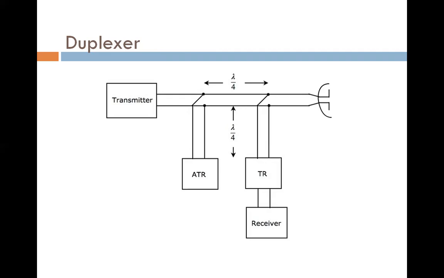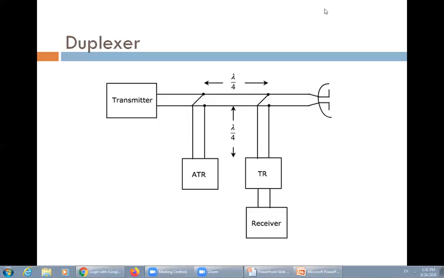When the transmitter produces an RF impulse, both switches become short circuit. The short circuit can be produced either with the help of the presence of the pulse or using an external synchronized bias change. The ATR switch reflects an open circuit across the main waveguide through the quarter wave transmission line section. The TR switch also does the same job for the same reason. Therefore, neither of them affects the transmission. Short circuiting the TR switch prevents RF power from entering the receiver. At the termination of the transmitted pulse, both switches become open circuit by the reversal of the initial short circuit process.